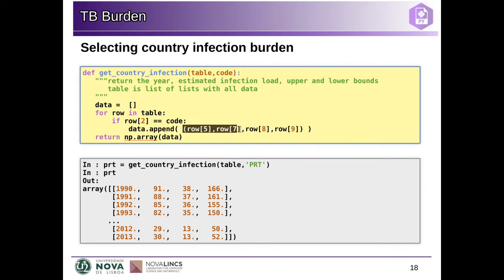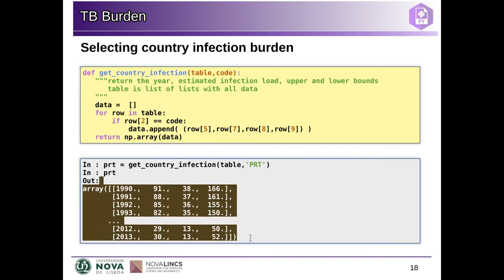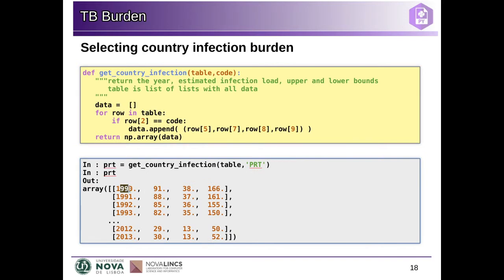So this is a tuple with the 4 values, and this will be appended to this data. So this list will actually be a list of tuples with 4 values each. And when we convert this into an array, since all the tuples have 4 values and we have a list of them, NumPy figures out that this is a matrix with n rows and 4 columns. So it gives us this matrix, which has for each year the estimated burden, the lower bound, and the upper